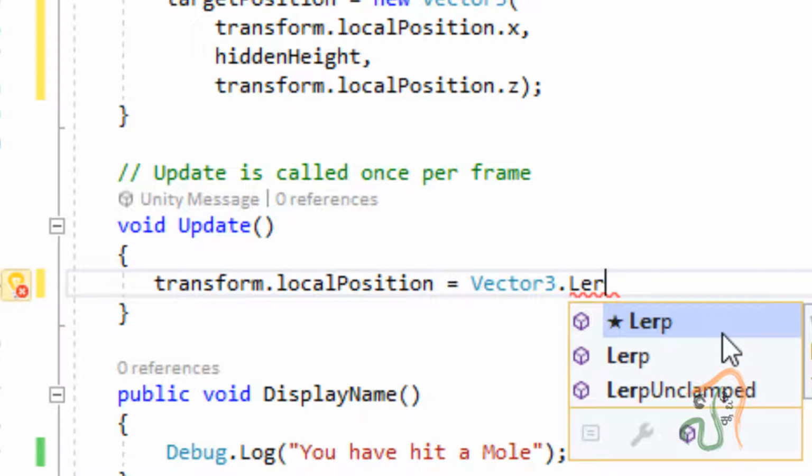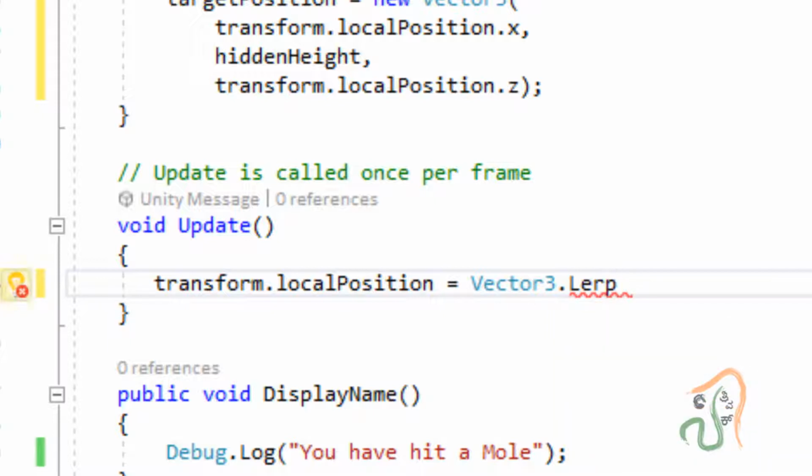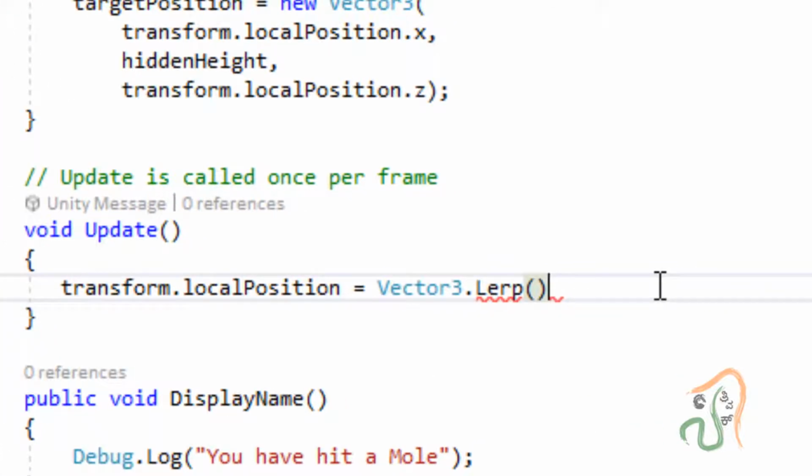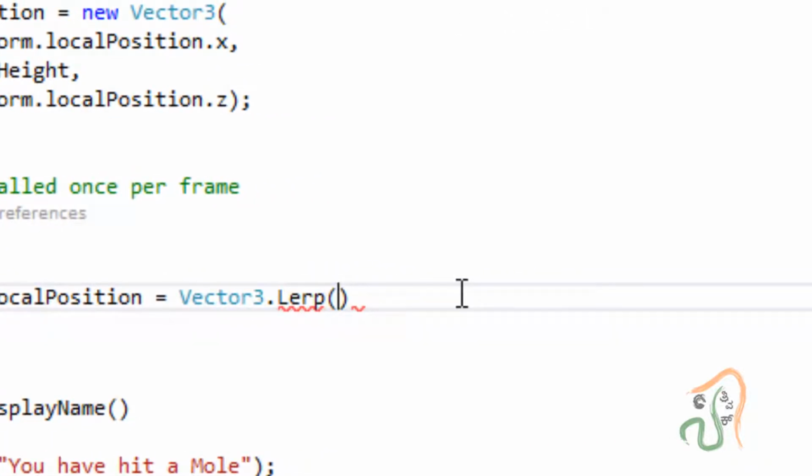You can see here, Lerp is meant for changing an object's position from one position to another. And in open close brackets, we have to declare three parameters for this Lerp. The first one is the current position. What is the starting position of your animation?